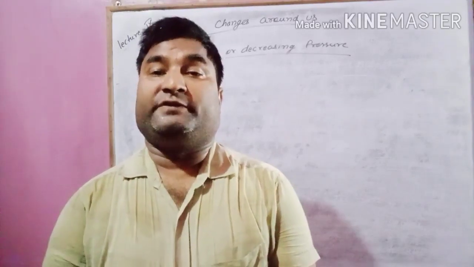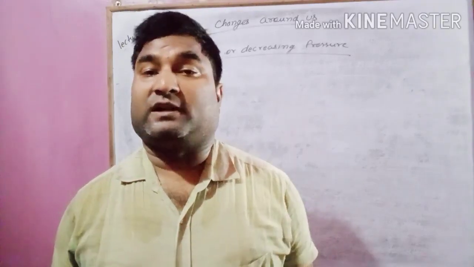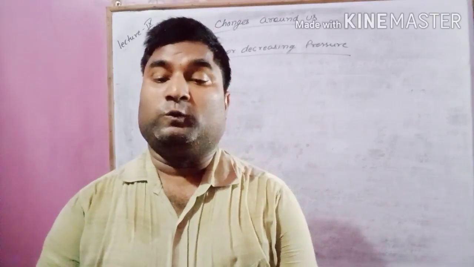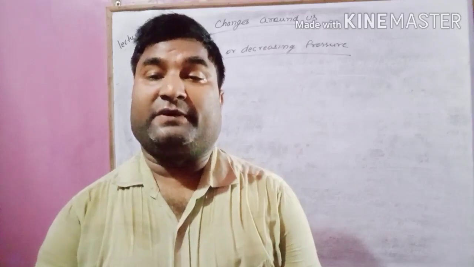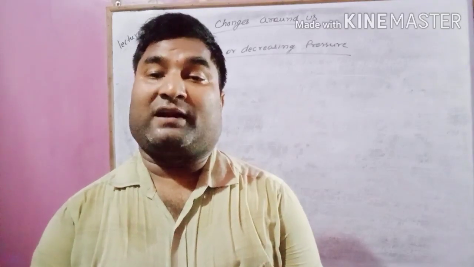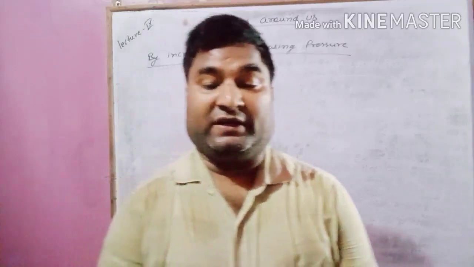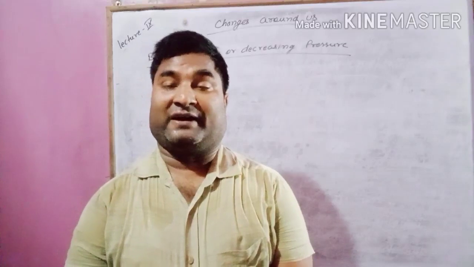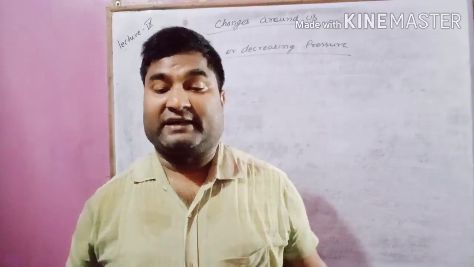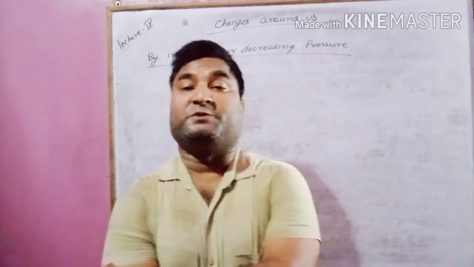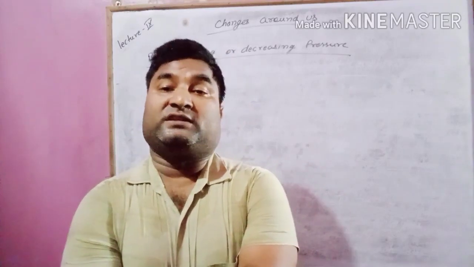This is the ninth video lecture of the chapter Changes Around Us. In the last video, we discussed how to make changes take place. We discussed what kind of changes can be done by heating and by cooling: change in state of matter, expansion and contraction, and also some irreversible changes that take place due to heating. So these things we have discussed.